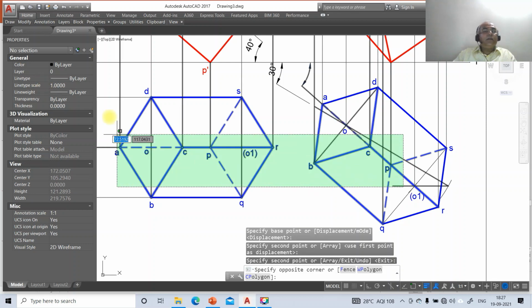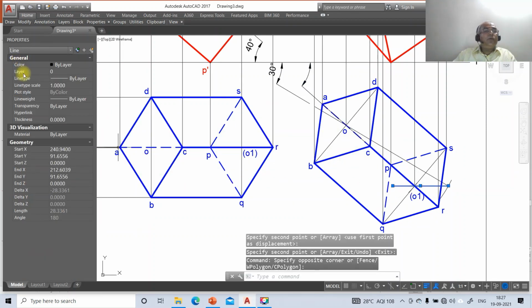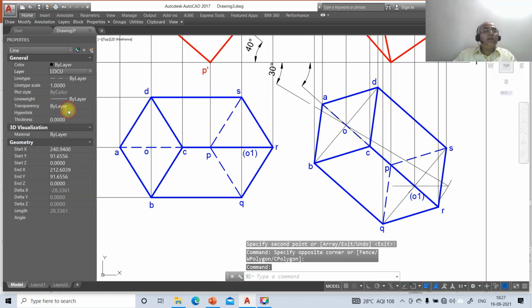Click here, then go to layer, make that layer as locus layer, and take this as 5mm.